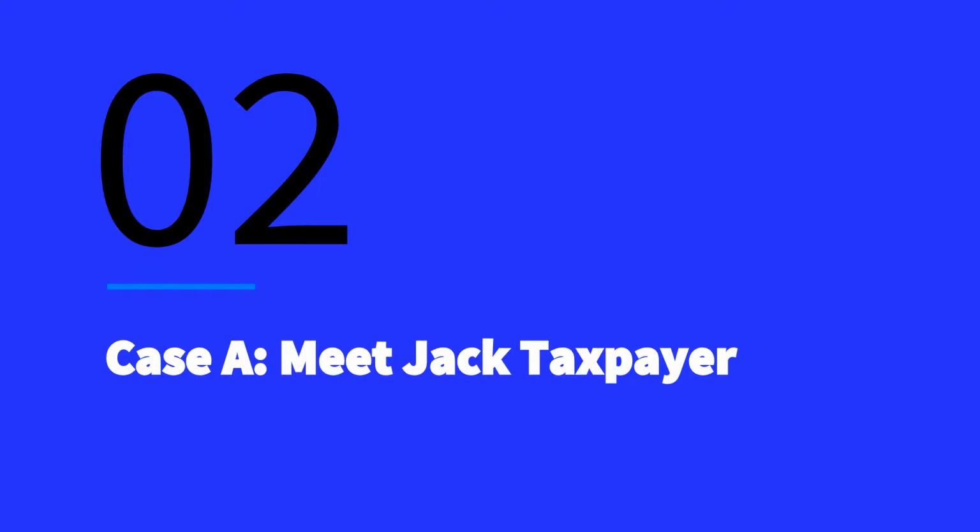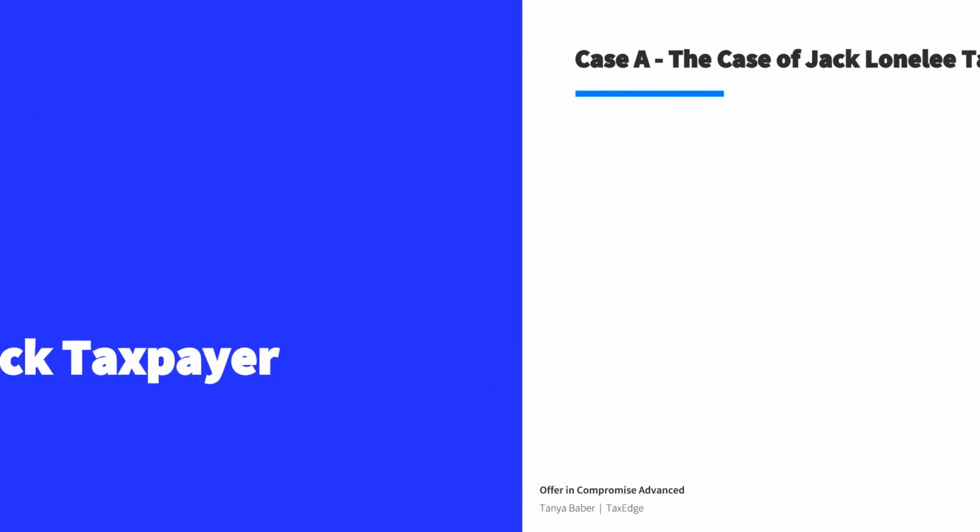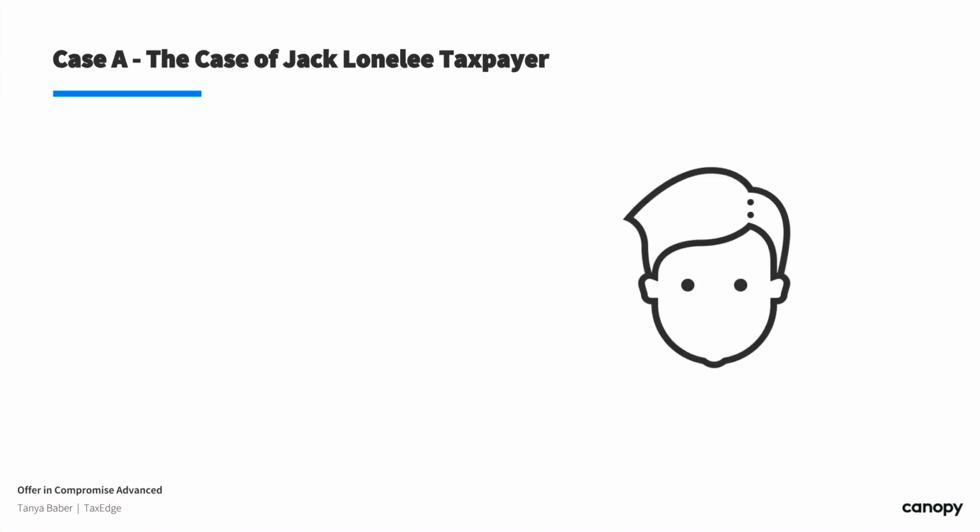So getting right into it, we're going to meet our taxpayer. So Jack, taxpayer. His scenario is that he was divorced in 2013, and he's a heavy equipment operator and a mountain bike enthusiast living in Western Colorado, and he's decided to finally face his tax issues, and he's come to you to solve them. He was divorced in 2013 after his wife ran off with a dashing and handsome accountant,